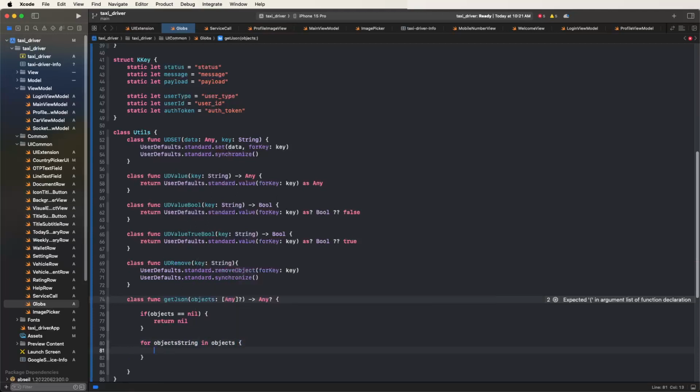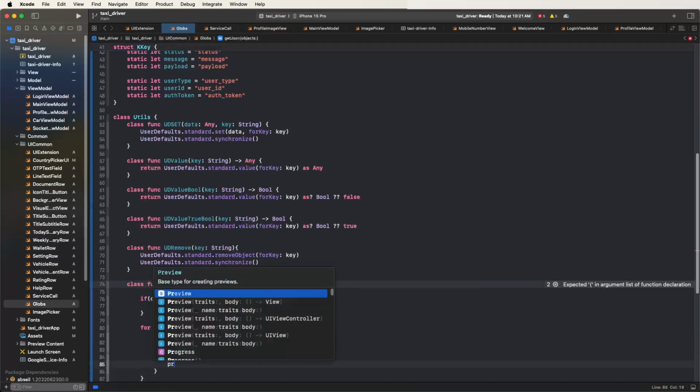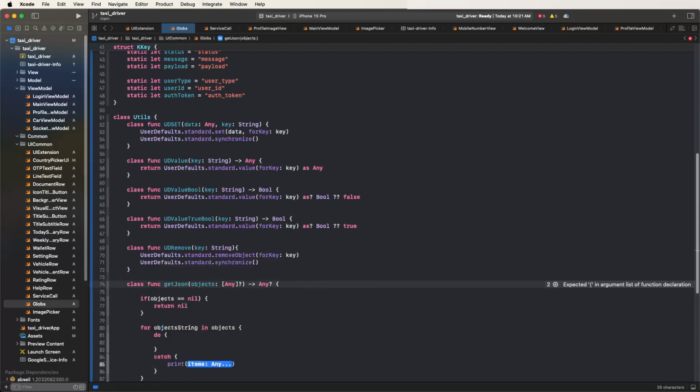And write down the try catch, and write down the print, and error dot localized description. Then after, if let, write down the object data is equal to, inside brackets we need to write the object string as optional string like this,